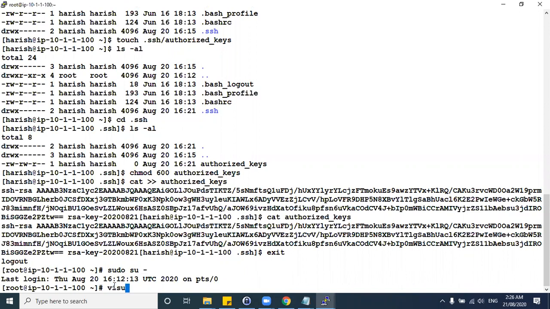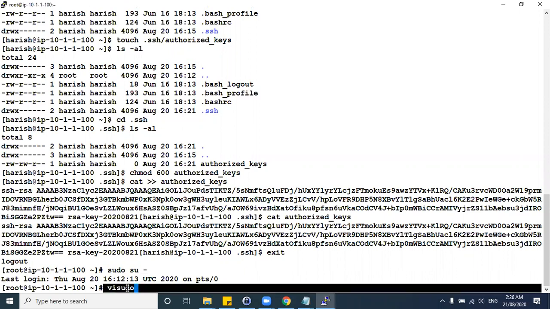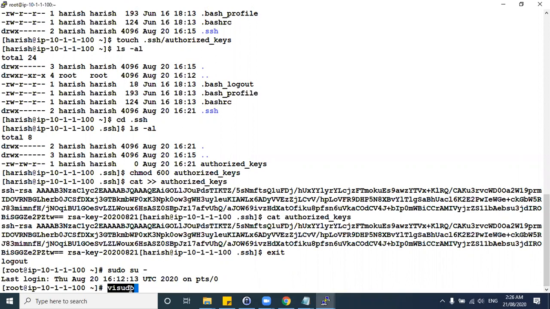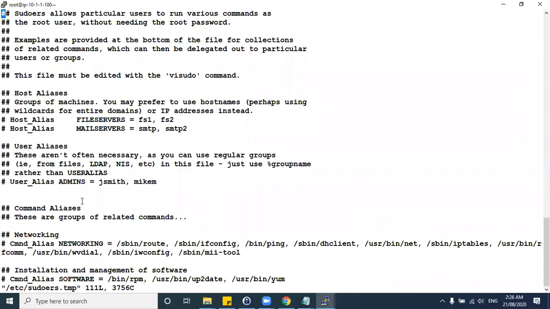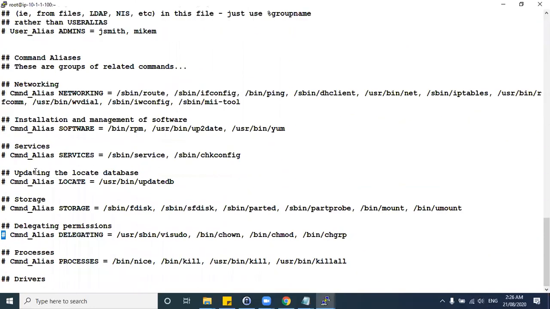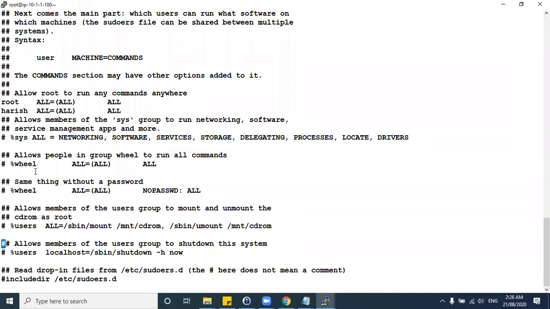So go to your sudo file. If you remember, initially we added Harish user for the root access, but the password we mentioned as ALL. Let me show you that. Under this one, ALL means always when you log in or when you do the operation, it asks for a password. If you don't want this to happen, you just copy paste this one, NOPASSWD: ALL, inside this, like this. So NOPASSWD: ALL, and save this file with :wq.